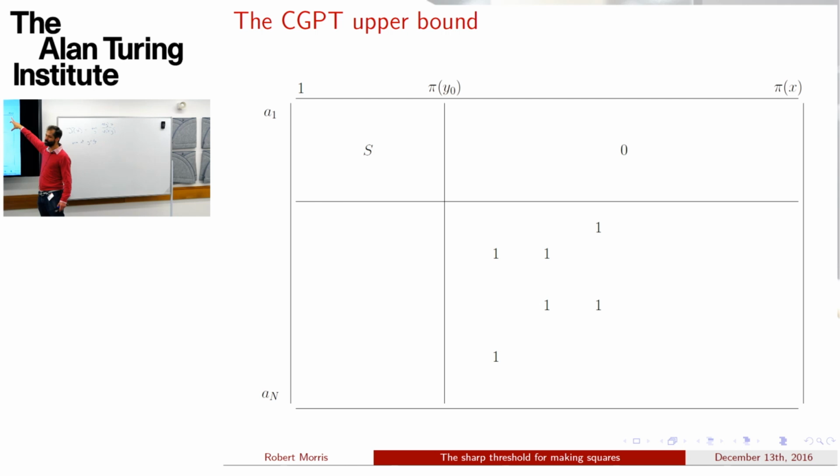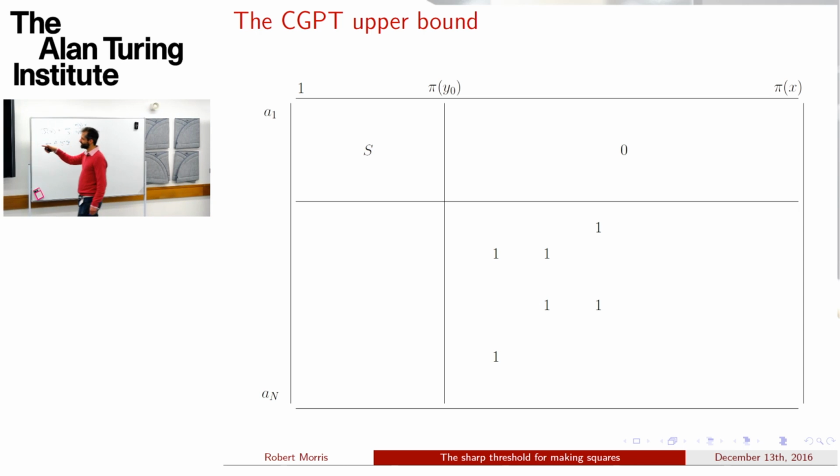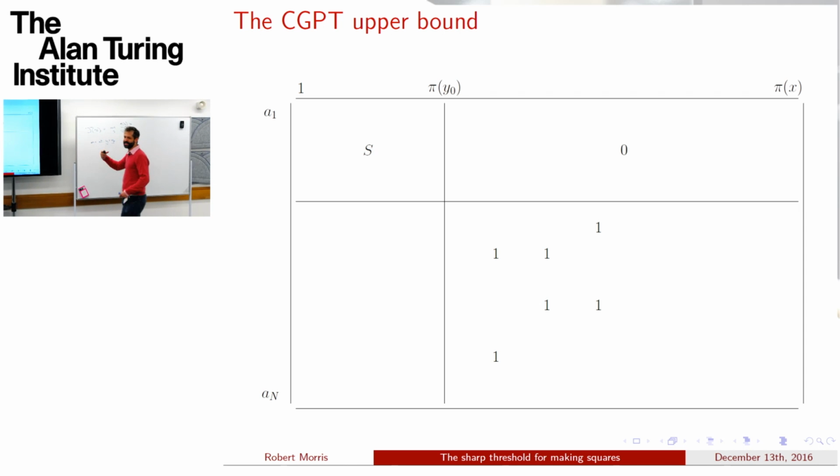Suppose this is now smaller than pi of y0. If you can add enough, then you can make this matrix S a bit bigger, and you can then use linear algebra again. So what they did, they counted these sort of bounded size even sub-hypergraphs